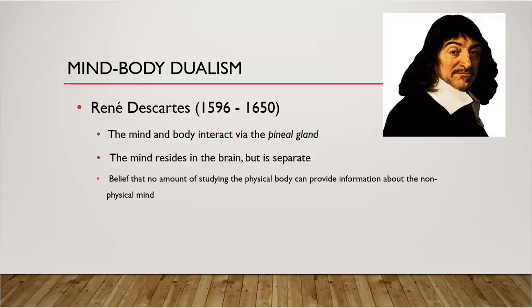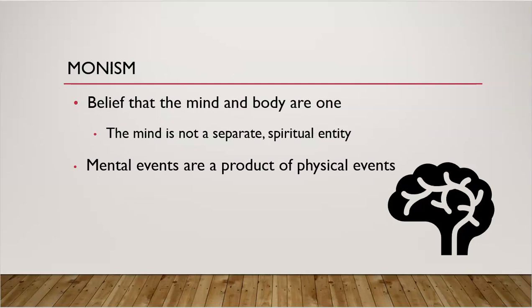Coming off of this dualism, we have this thing called monism. Monism is really just the opposite, saying that the mind and the body are connected, that they're one thing, that you cannot separate the mind from the body. If dualism is you have the soul and the physical body, monism says, nope, that's wrong. You just have one thing. There's no such thing as a soul that's separate from the body. You've just got your whole thing all in one. And so this was actually a pretty